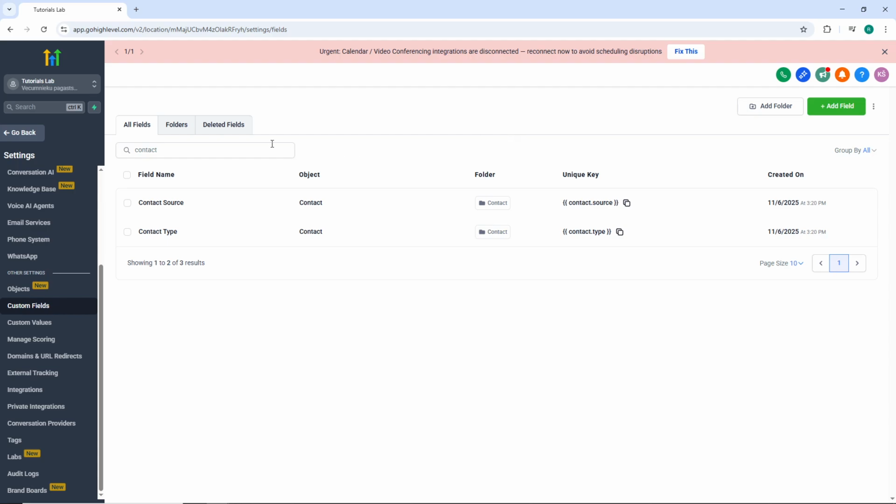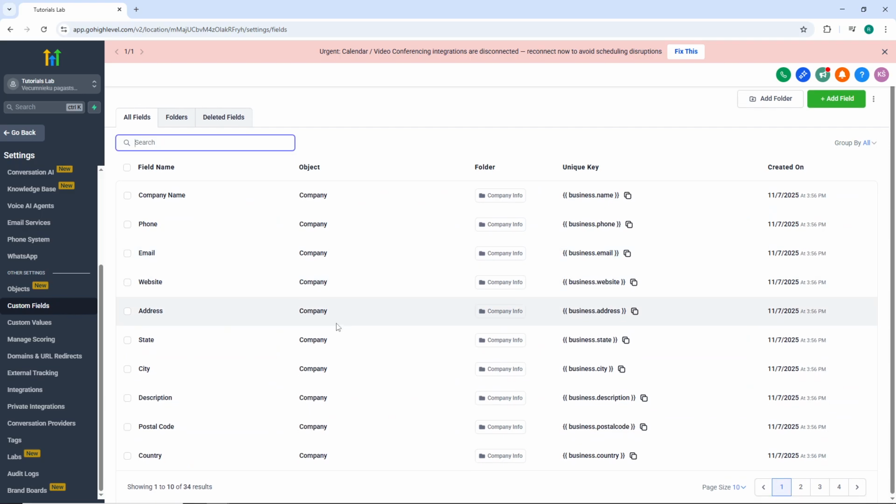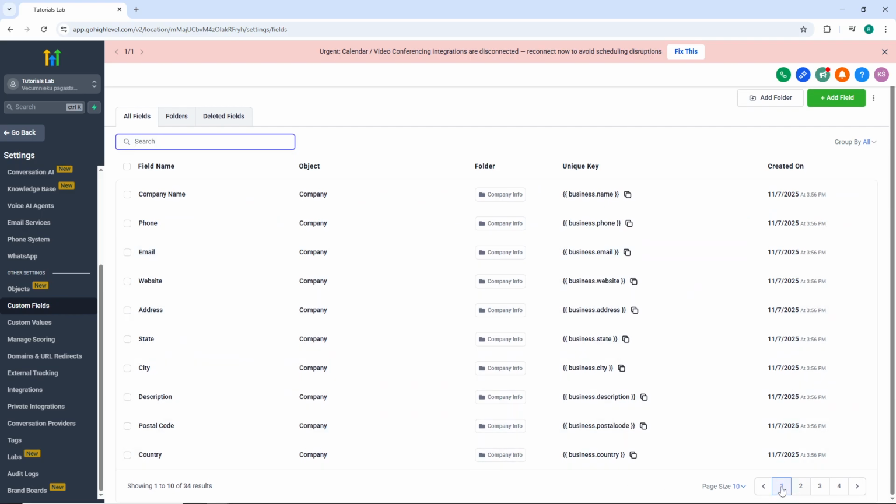Finally, return to your custom fields list to verify that the field has been successfully removed. Scan through the list to ensure it no longer appears among your active fields. This quick check confirms that your workspace is now cleaner and more